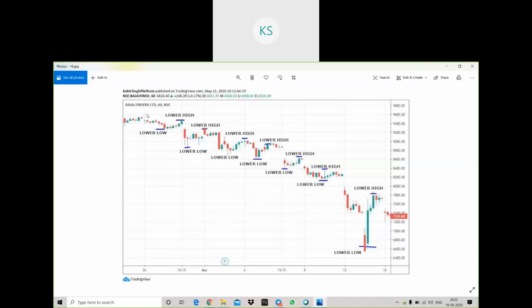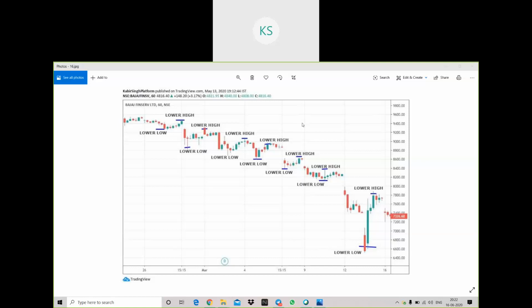So this is a downward trend chart. Every lower point is marked as a lower low. This was the low which the stock made, and this point is the new low, this is the new low, and again we have a lower low here. The stock is making lower lows with every fall, and the high which you see here is the lower high. After making a low, the stock was in a secondary trend or pullback. In pullback it will make a lower high.